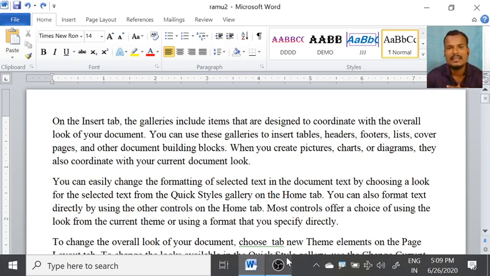First of all, let us see what find is and when it is needed. The purpose of the find option is, suppose you have typed a paragraph of 200 lines, and in that paragraph you have typed a word incorrectly, a spelling mistake. After completing your task, you realize the correct spelling of that word.